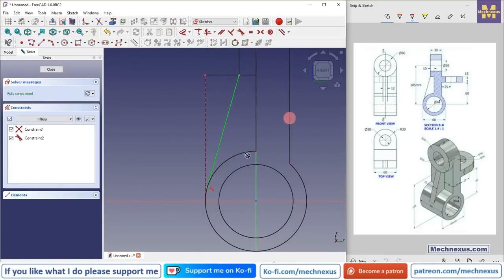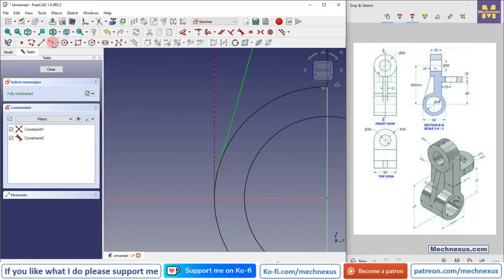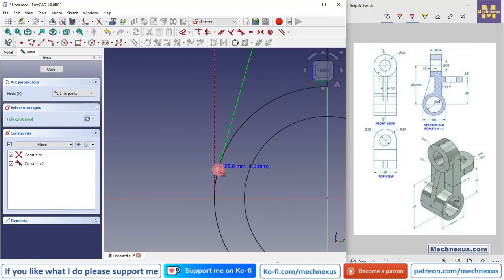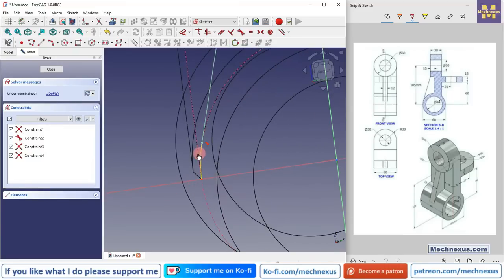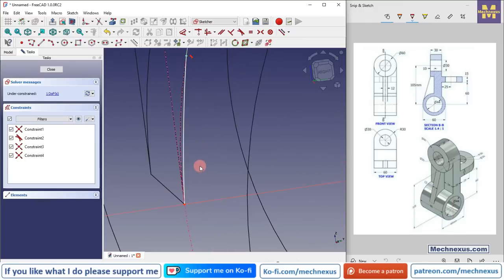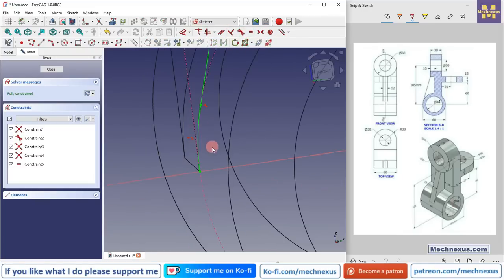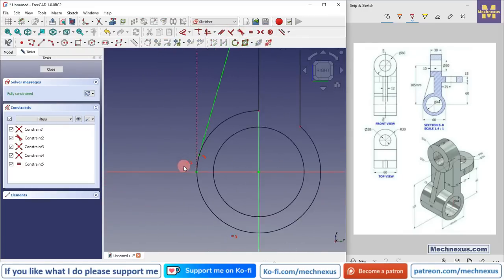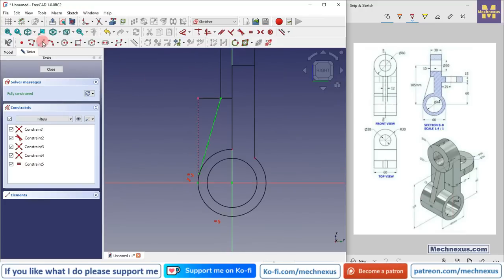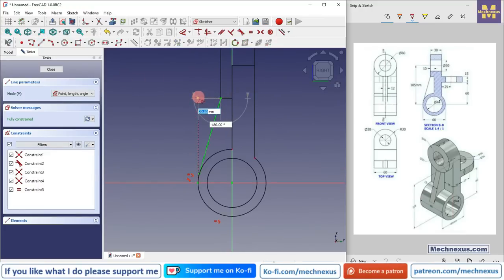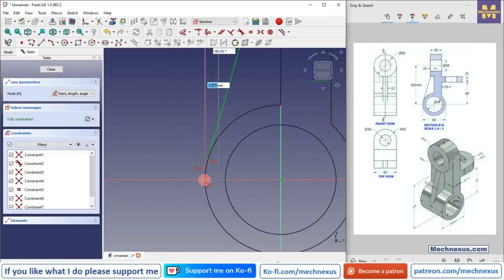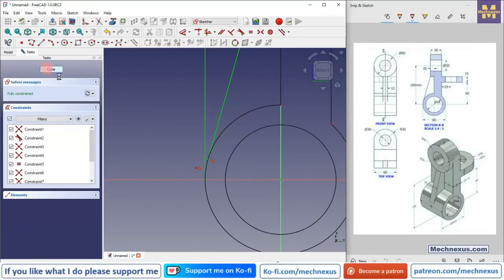and now select a 3-point arc, create an arc, select this and this arc and make it equal, and now select line tool and close the profile. Now close it,